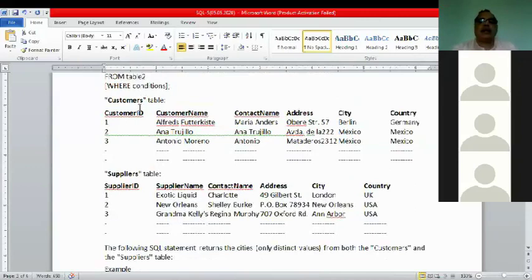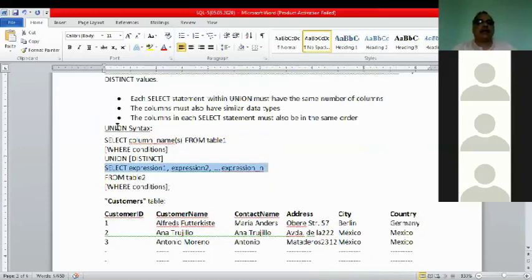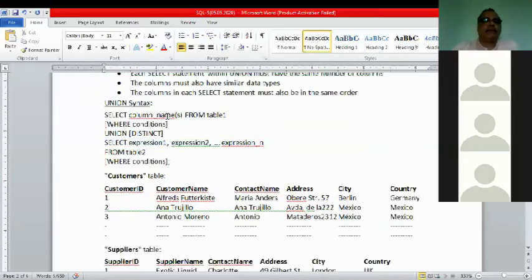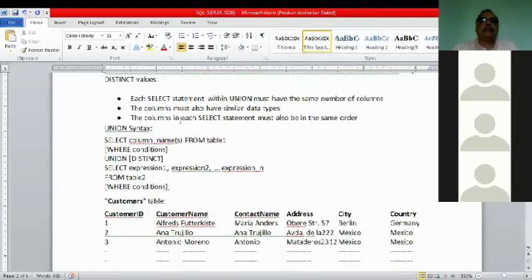Sir, to select multiple fields, do they have to be separated by a comma? Obviously, this is a simple command of SQL. Select field name, comma, field name, comma, field name, as you did earlier. Same select command. Always separated by a comma. So what is that above thing? The columns must be of the same order. What is that?